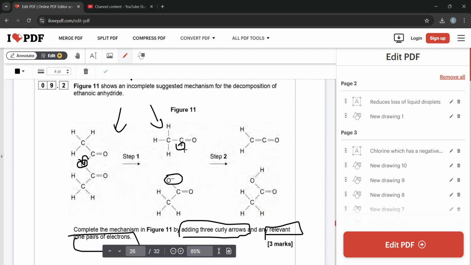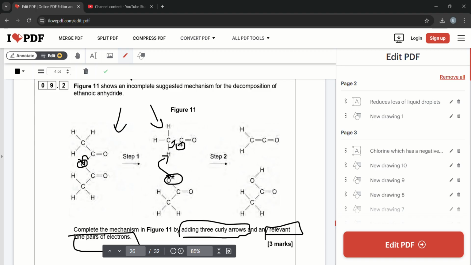Now it breaks up, the carbon is positive and the oxygen is negative. And now the oxygen that is negative has a lone pair of electrons, and then it goes here,